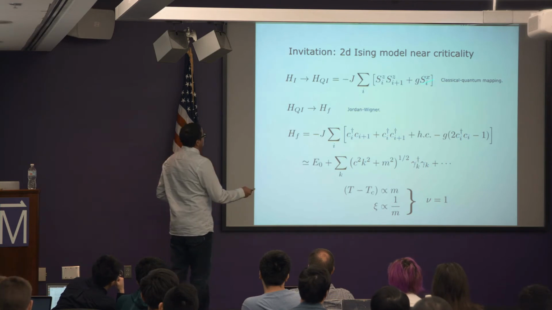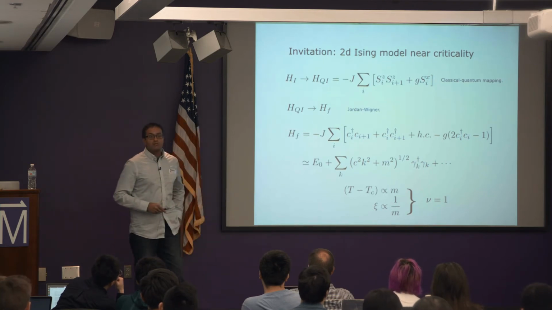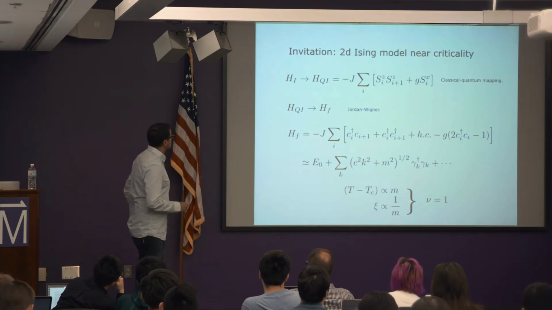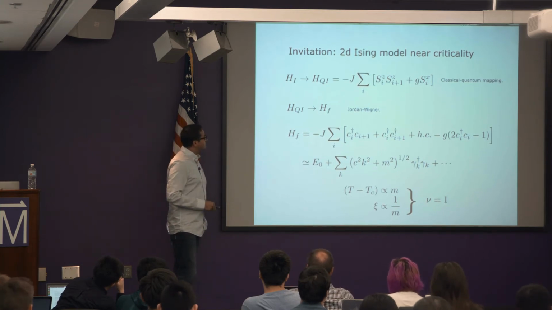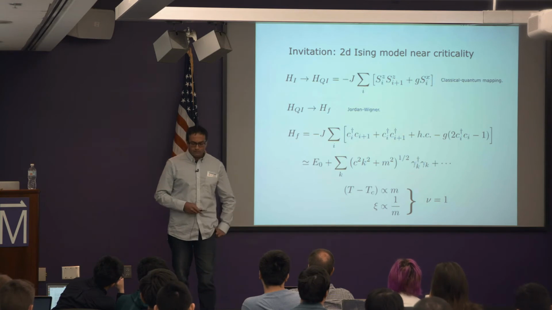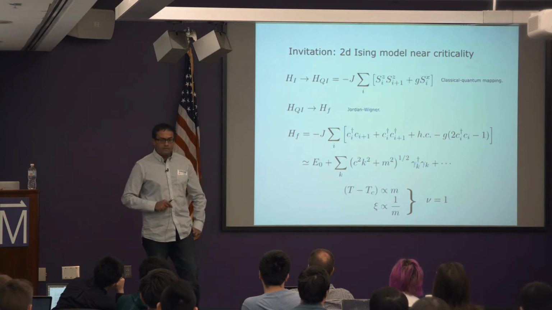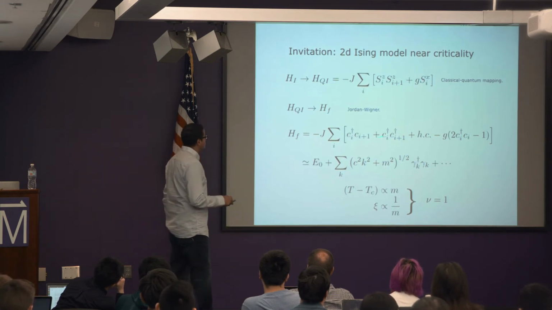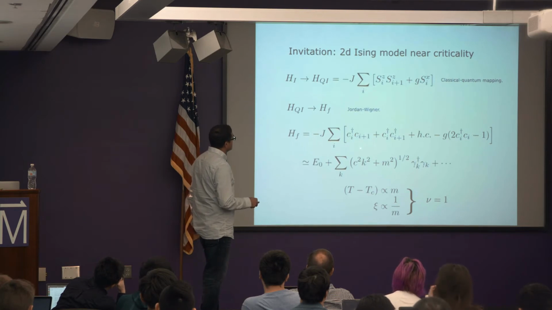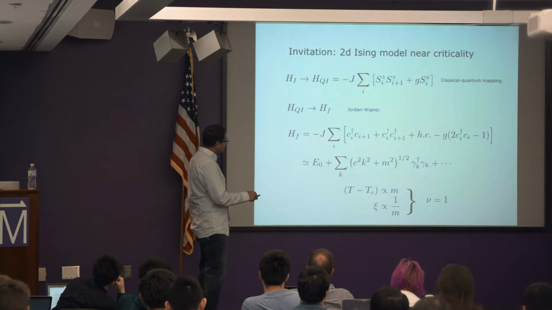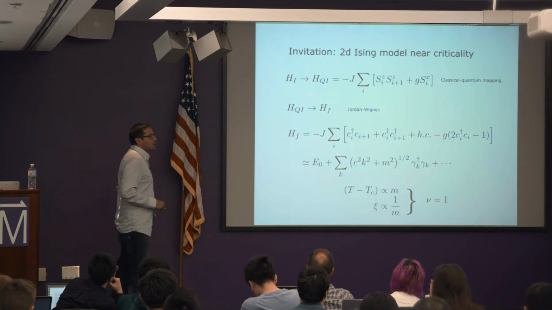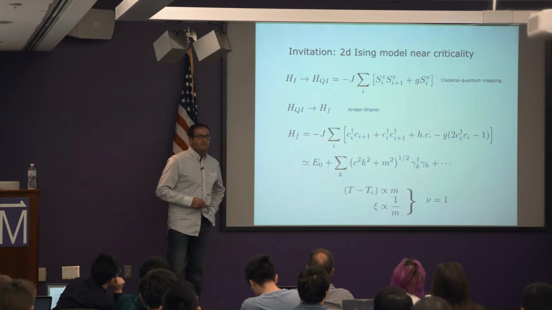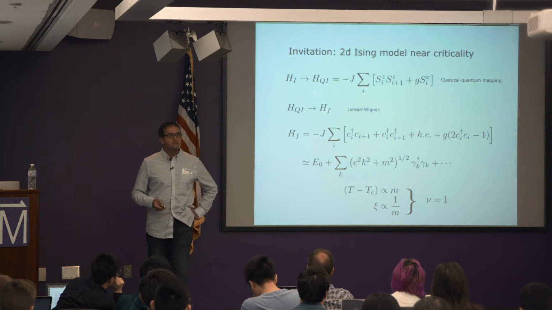So now from these spin models, you can map onto fermions using what's called a Jordan-Wigner mapping. And when you do that, you find that the Ising model is related to some hopping problem of fermions in the presence of superconductivity, as shown by this second operator. And after all is said and done, this is a free fermion problem now, much easier to do things, because